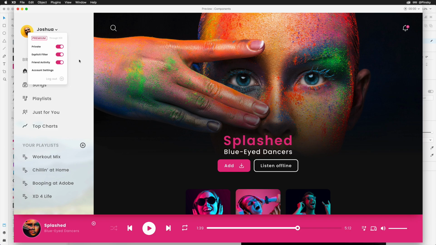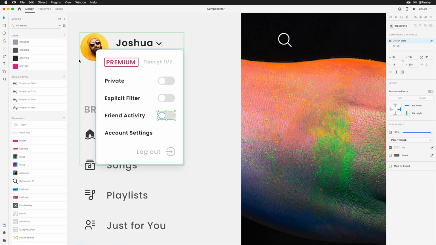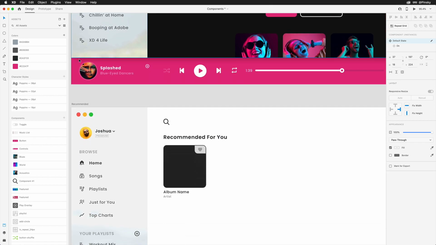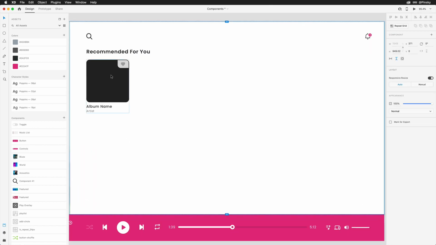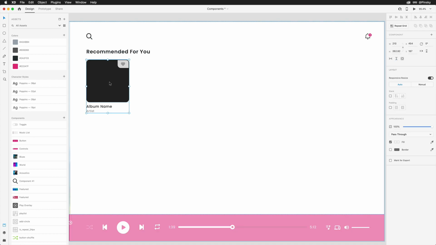Lastly, and one of my favorite benefits of components, is their use within repeat grids. As you may know, aside from text and images, making changes to an entry within a repeat grid pushes those changes to all of them, and that's by design. But what if we utilized components? Here's an album view I've been working on.